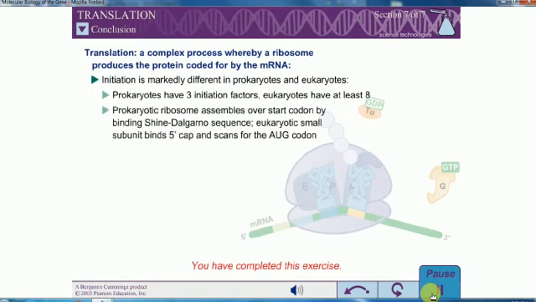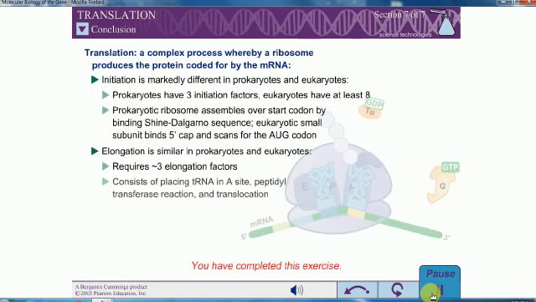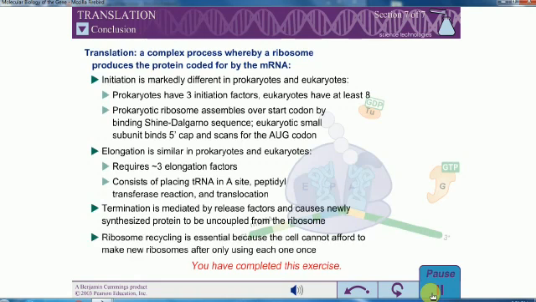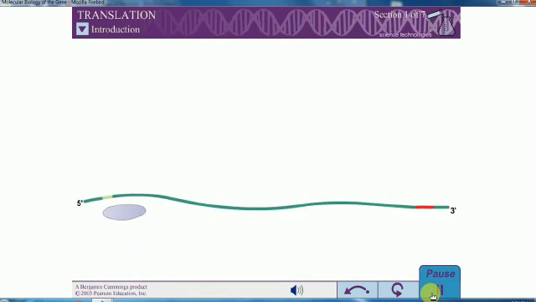You have completed this exercise. Translation is a complex process in which a ribosome uses the coded information found in messenger RNA